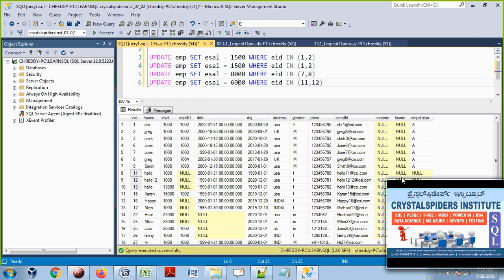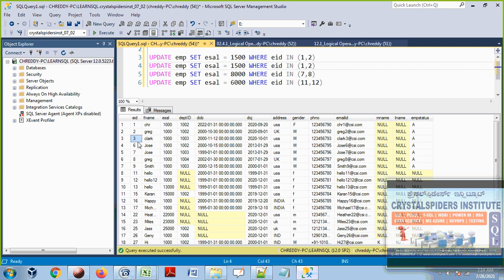Yeah, that is somewhat good, right? We have a little bit of 1000, for employee IDs 3 and 6. For 3 and 6, I'm going to keep it 5,000.